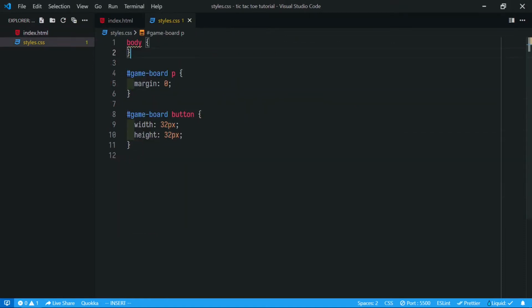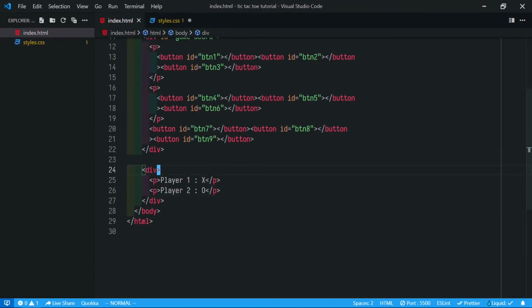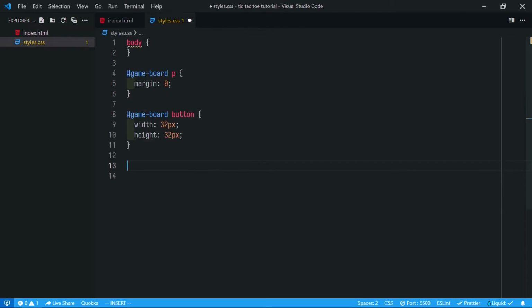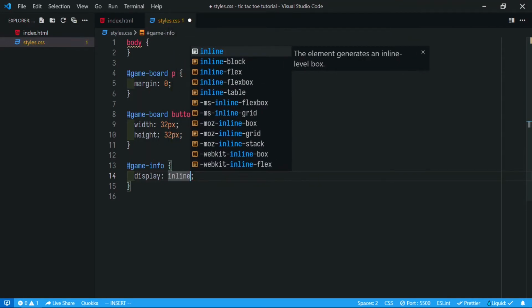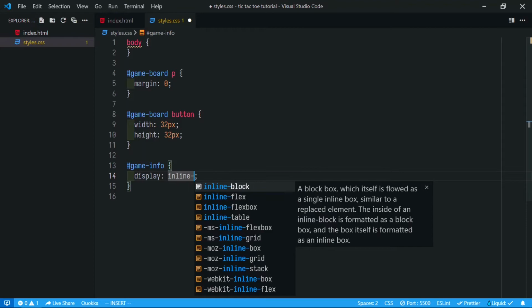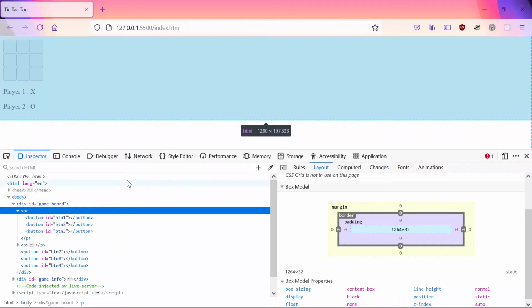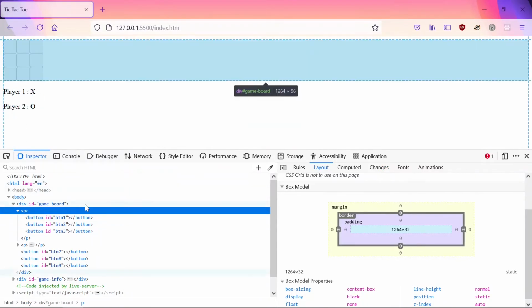How to do that is, we can make it ID of game info, we can say display inline block. No, it doesn't.